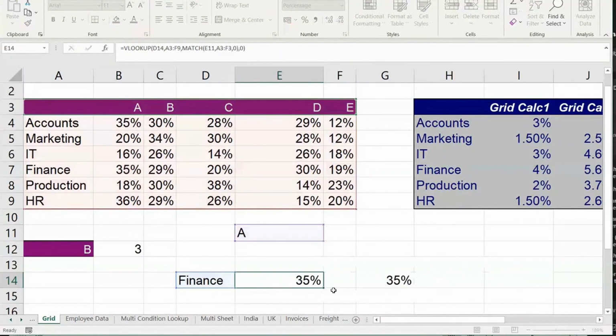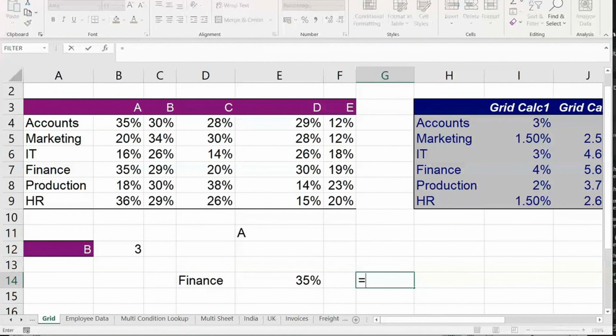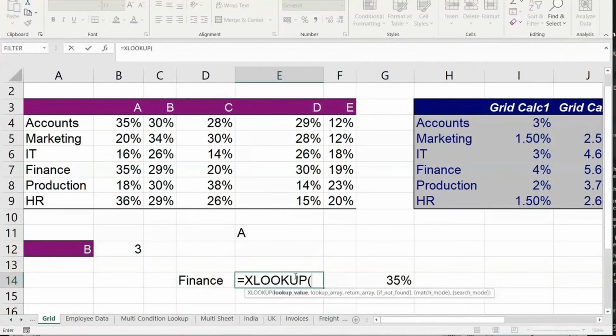And the same thing I showed you, we can do that in XLOOKUP also, which is a kind of nested lookup. So what we do in XLOOKUP for the similar thing, XLOOKUP, lookup value is this, comma, lookup array is where this finance has to be looked. It has to be looked in this column. Unlike VLOOKUP, we will not take the table. In XLOOKUP, we just take one array here, right?